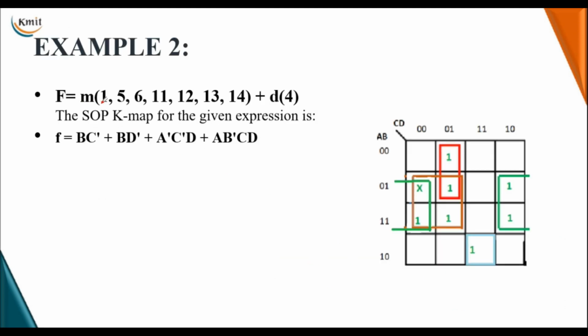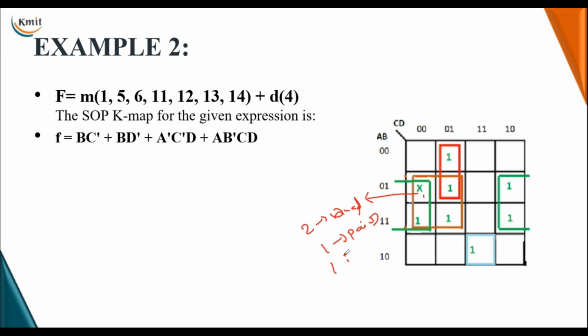Now let us take another example. With 4 variables, 1, 5, 6, 11, 12, 13, 14 are my minterms, with only one don't care, 4. If I don't use the don't care, there is a possibility only of pairs. But if I assume the don't care value is 1, then I can form two quads along with one pair